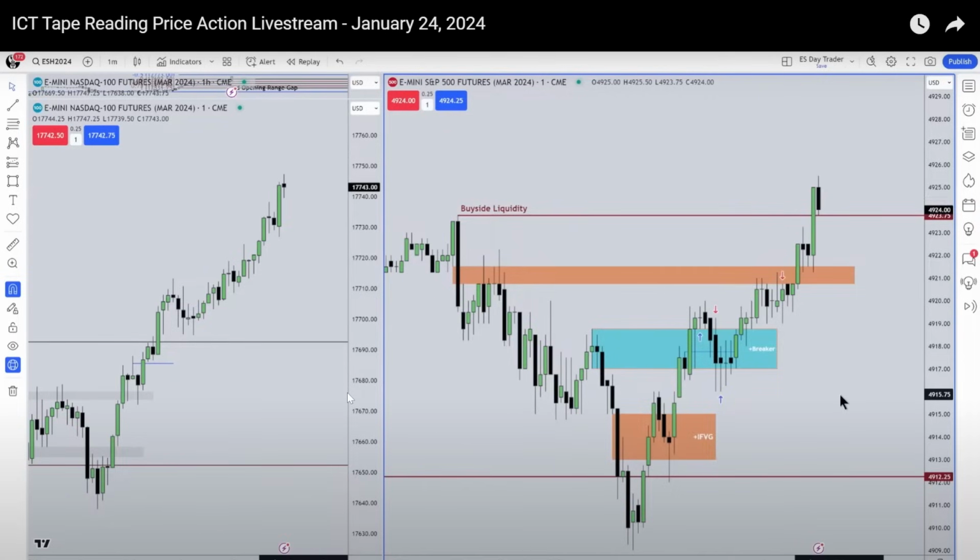But before we do that, I just want to say that I am 99% sure that ICT used this tool that I'm about to give you guys. He used to use this tool, right? But he's at a point now where he doesn't need to use it, because he's seen the fractal so many times. He knows the characteristics and the behavior of price action, specifically in these market maker models, and he doesn't use it anymore, okay? I'm at that point right now where I don't need to use it either, but for the sake of giving back to the community and providing content for you guys, I put it on my chart all the time.